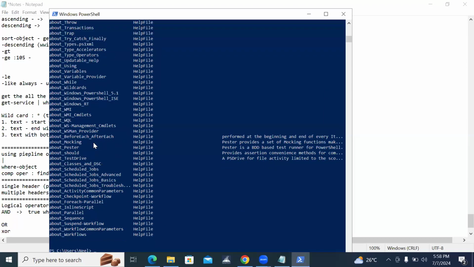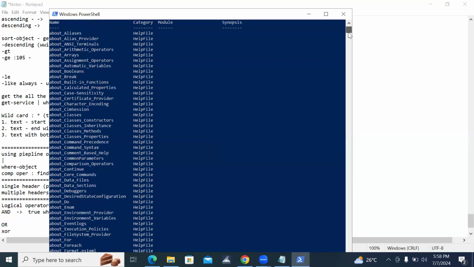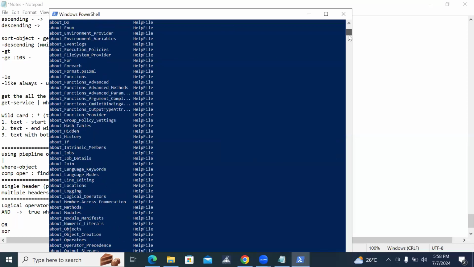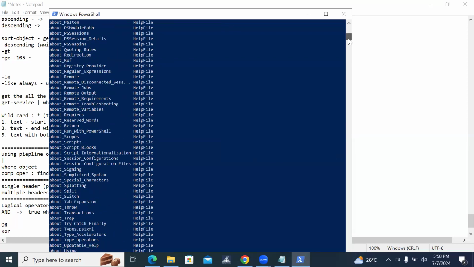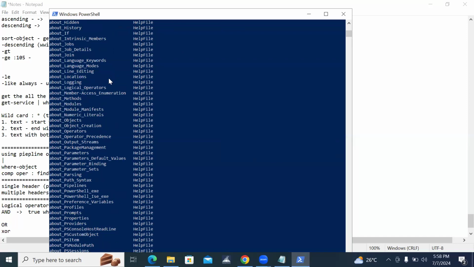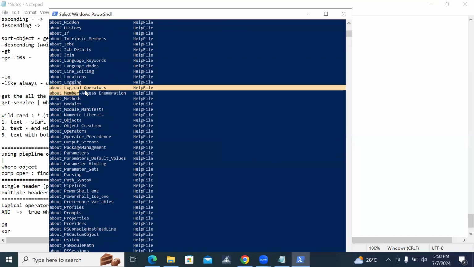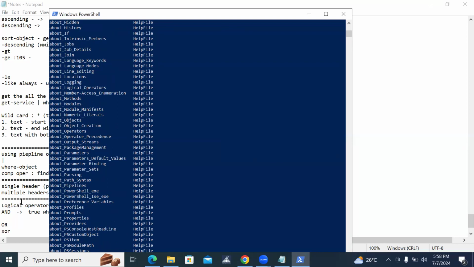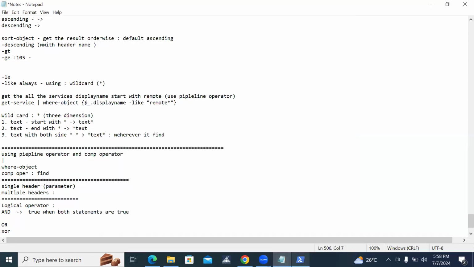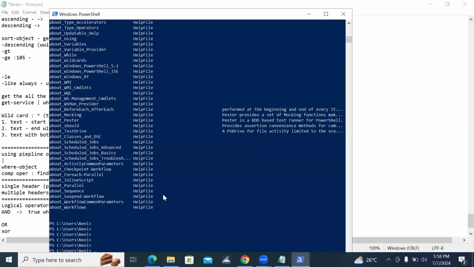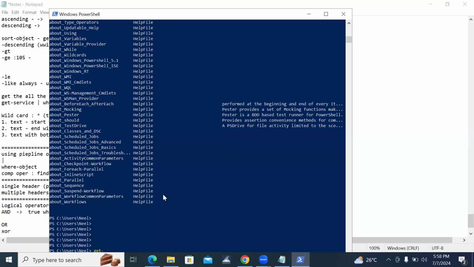Hope you are able to find this logical operator, because it is a new topic here. Alphabetic order is giving the result C D I J K L. Do you see this logical operator? Copy this and just ask PowerShell what is logical operator. Get-Help about